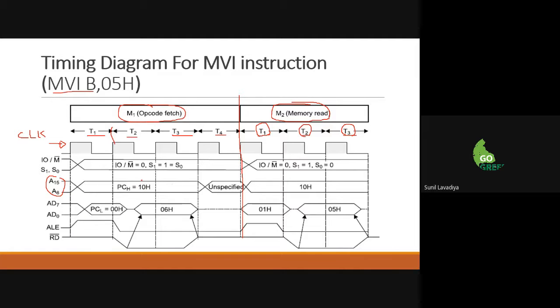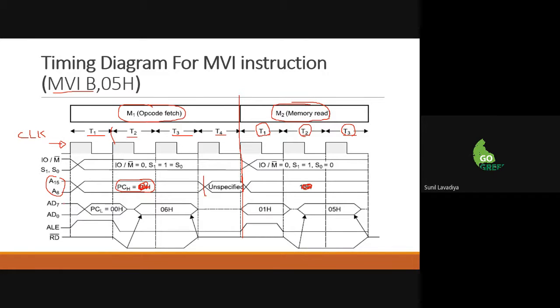So what is the first one? It's all about the higher order address line. What you have to write down is the higher order address. No need to write down this 10 if you remember it. Otherwise, nobody will cut marks because you have not written the 10. It's a hex code, no need to remember it. Again, the last one is unspecified. It's fixed. Again, 10 is the higher order address line.